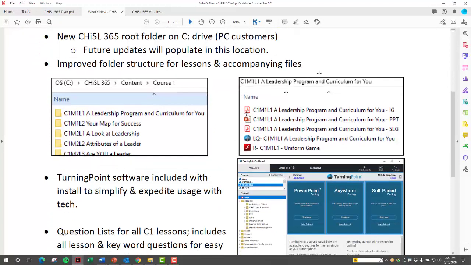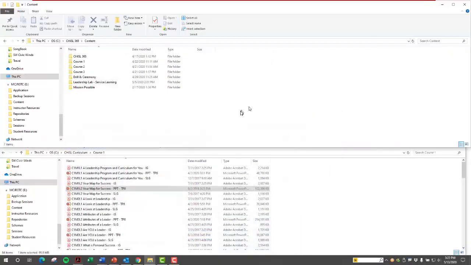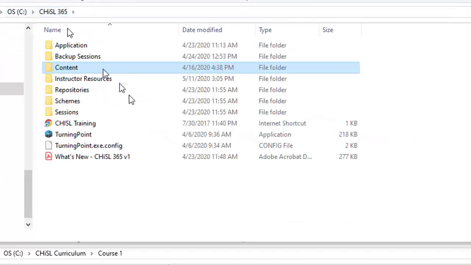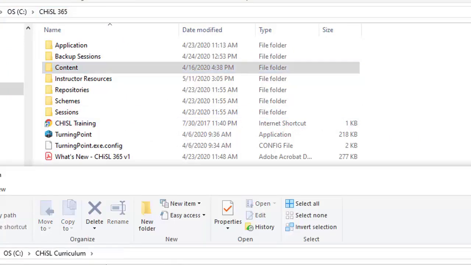The next one on our list is the fact that now Turning Point is included in the install. Before, there was quite a few hoops you had to jump through. Once you got your curriculum, you had to go out to the Turning Technologies website, download the associated software, put that on your C drive, move this into a content folder. It was quite a few hoops to jump through.